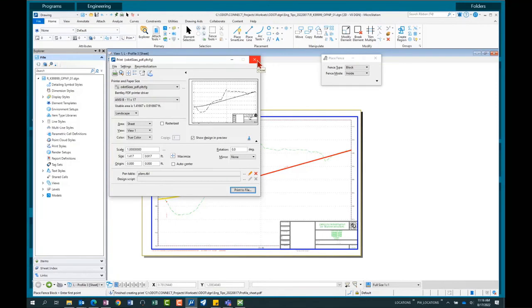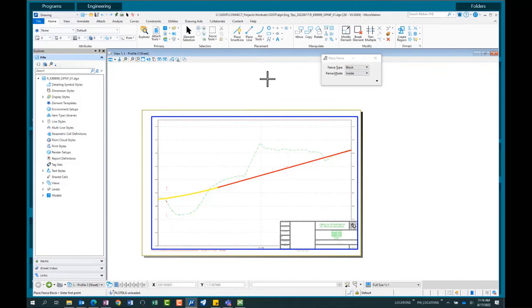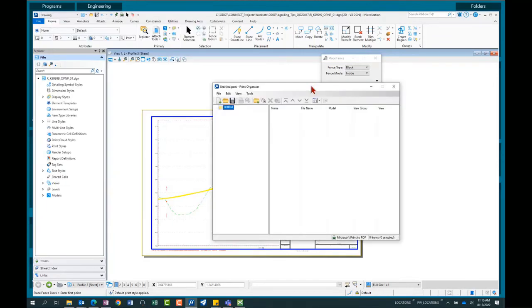I want to get into showing you about the print organizer. Now, the print organizer requires another file. When we open up the print organizer without that other file loaded, I have an untitled folder over here. There's no folder structure. Some of you who have created prints for contract plans in the past will think, I've seen a folder structure here,